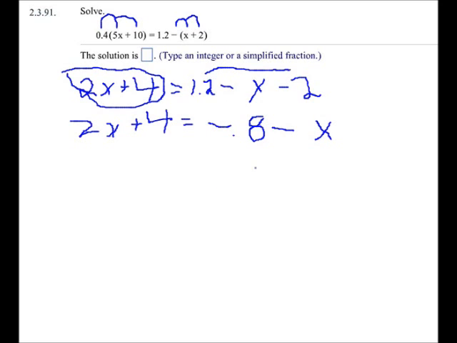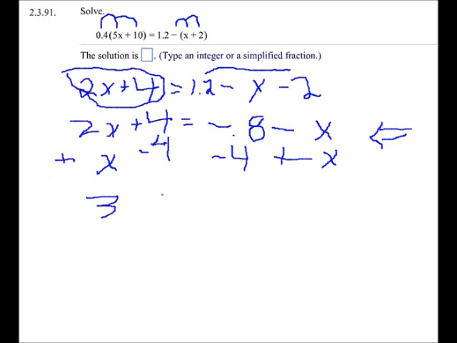Rolling along. I need to get all my variables on one side. And I find that I want to keep it positive as possible. So I'm going to choose to add x to both sides. And that will remove x from this side and put it all on the other side. I want to move everything that doesn't have an x over to this side right here. So I'm going to subtract 4 from both sides. Let's minus 4, minus 4. So I'm left with